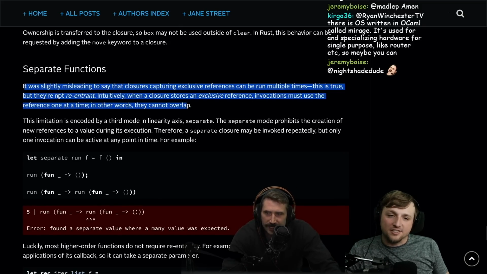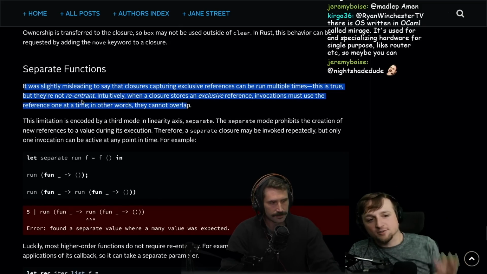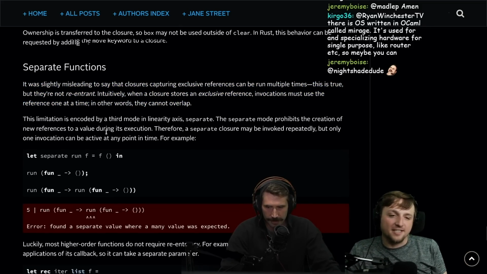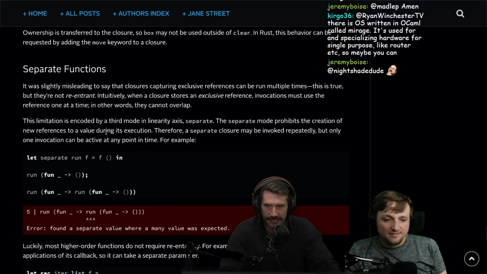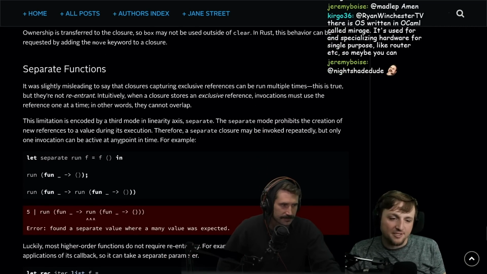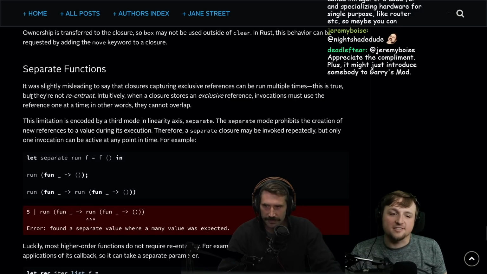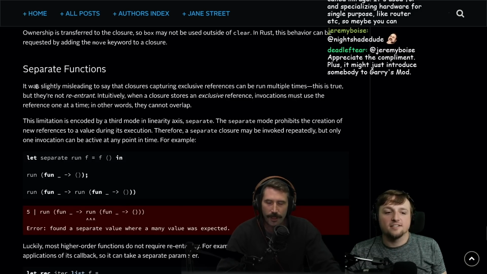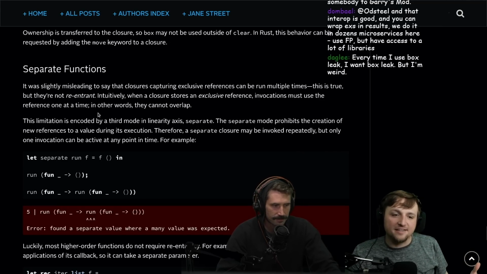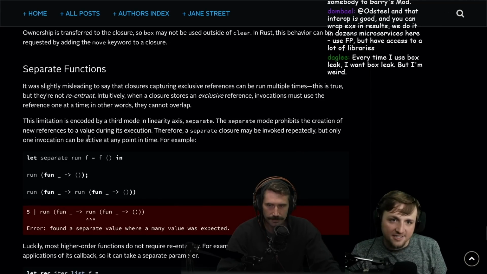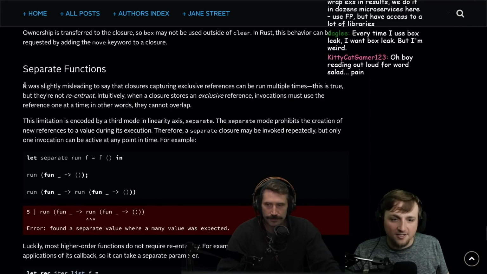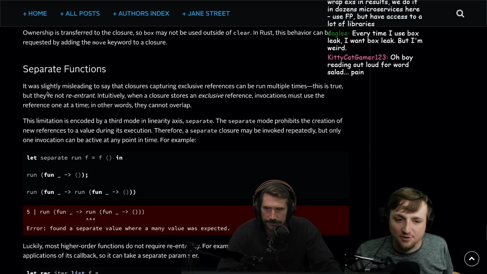And this last section is slightly the most word salady one, just as a heads up. So we get pretty word salady right here. This is the last one, but the short summary is pretty much that you can't have the function call itself. Basically, it's reentrant, right? It's not clear who owns what when it's calling itself. Most of the time you don't have to worry about this.